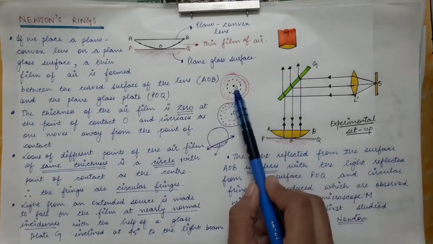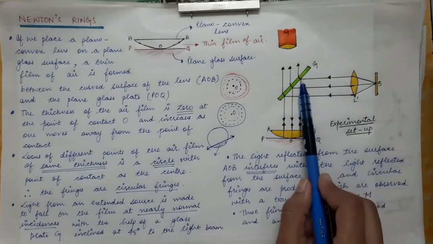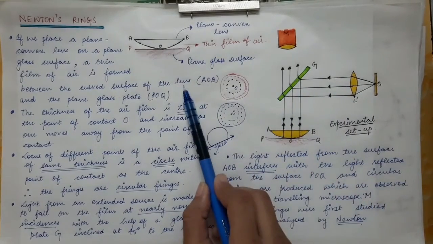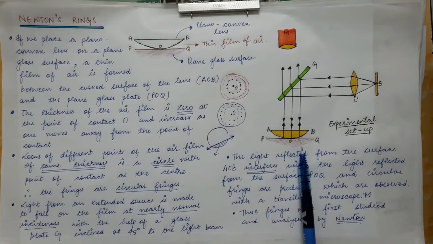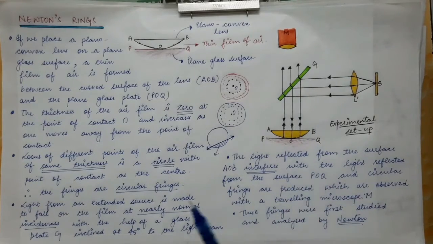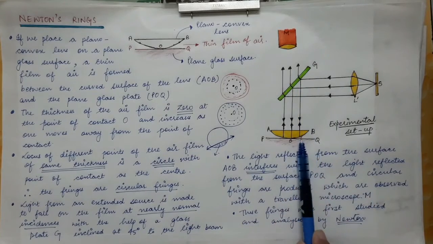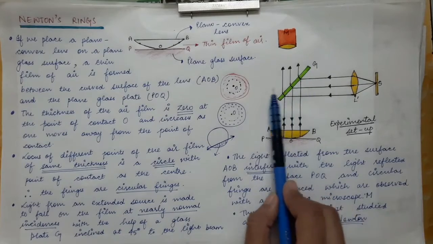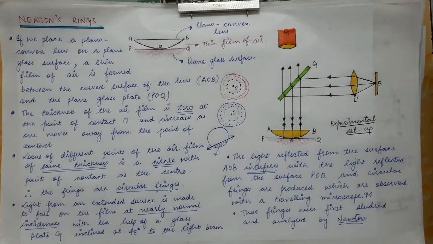There will be partial transmission as well as partial reflection of the incident light ray. Now the incident light ray will get partially transmitted in this direction and partially reflected in the downward direction. The rays which are important to us are only the rays which are going in the downward direction and falling on the lens. Therefore we have not drawn over here the transmitted lights which go in this direction.